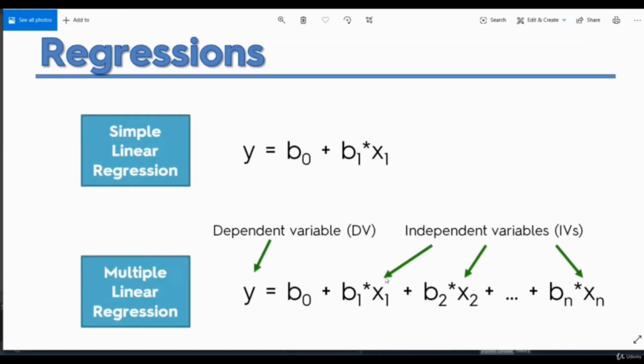Now you may know that in simple linear regression there is only one independent variable available, and the dependent variable depends on it. Now in multiple linear regression there are multiple independent variables available to us, and we are going to make a model that's going to predict the value of the dependent variable on the basis of the independent variables. Now they can be more than one, like 2, 3, 4, 5, or anything.